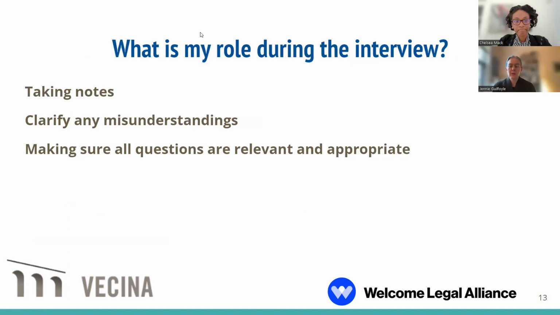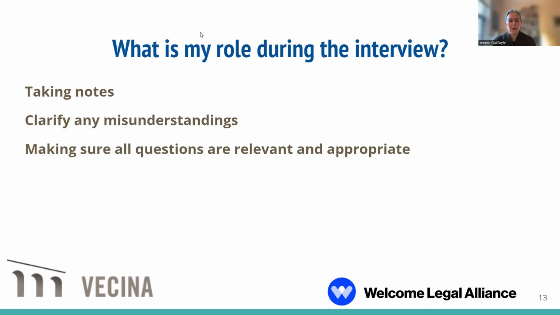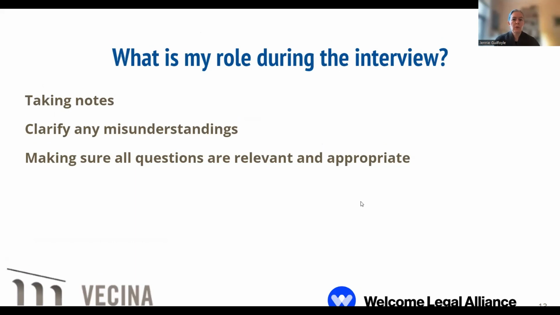So, the role of the attorney during the interview. What is your role as the representative when you're there at the asylum interview? It's a pretty limited role. It's very different from representing someone in immigration court proceedings, which is more like a trial where you have a very active role as the attorney or representative. Your role during the asylum interview is, a lot of your work is really done preparing your client beforehand, and